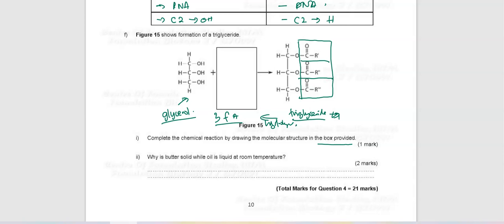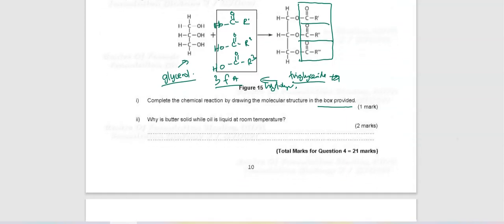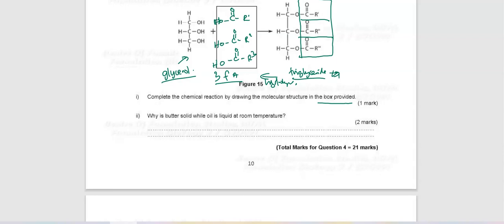So you just draw the molecule for the 3 fatty acid, where the carbon here are R1 OH here, because this fatty acid has the carboxyl group. So that is the first fatty acid, and then you just complete your drawing by drawing the other 2 fatty acid. So you just complete your drawing there to draw the structure of the 3 fatty acid. So simple question. Right, so next question, why is butter solid while